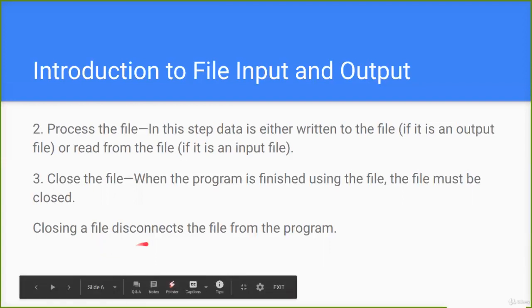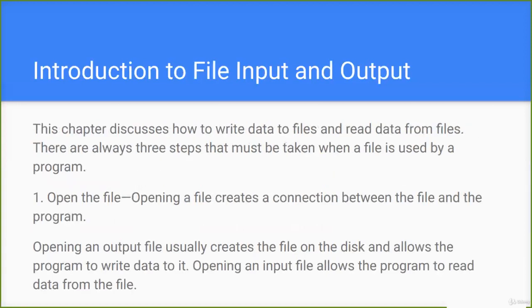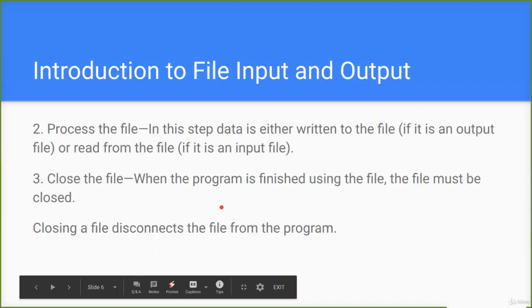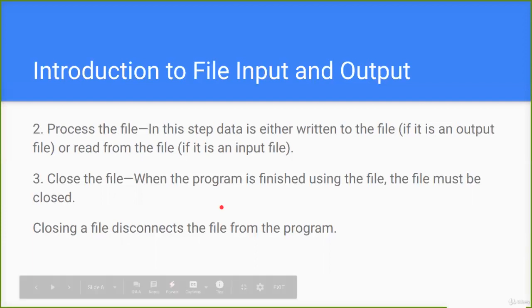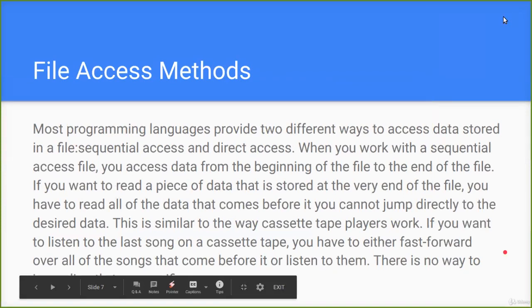Closing a file is nothing but disconnecting the file from the program, which means you are closing the connection of the file from the program. Opening a file is creating a connection. Closing a file is disconnecting the connection. Okay. So before we look into the methods on how we open up a file or close a file,